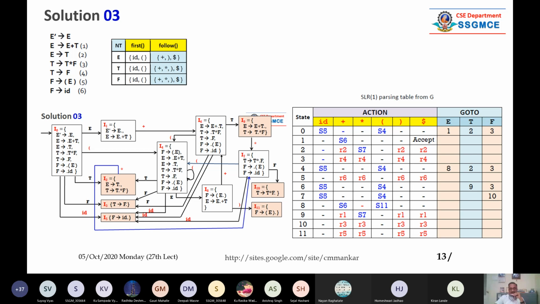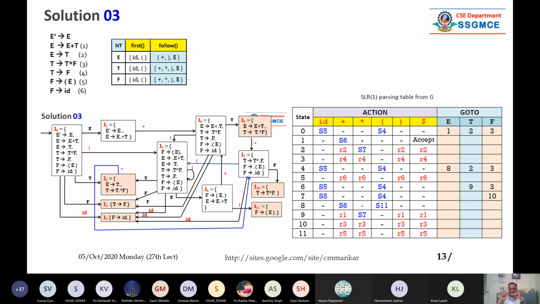In the same way, on F, so on input F, you are switching from I0 to I3. So state number 0 is mapped with go to on F, state number 3, like this.